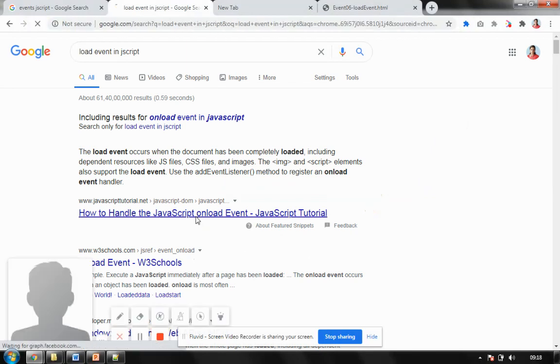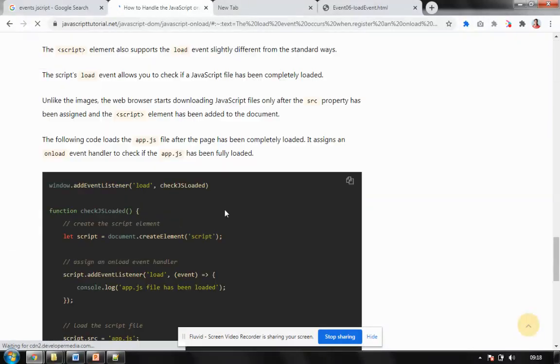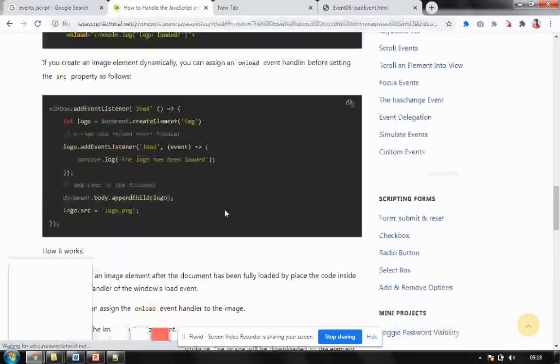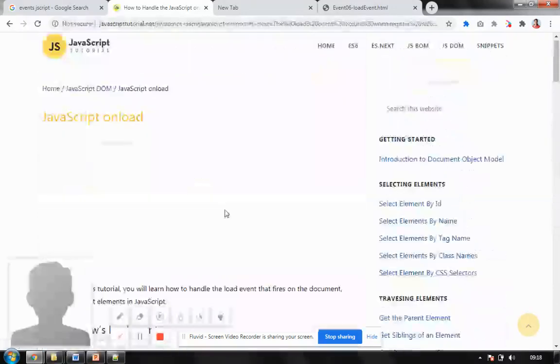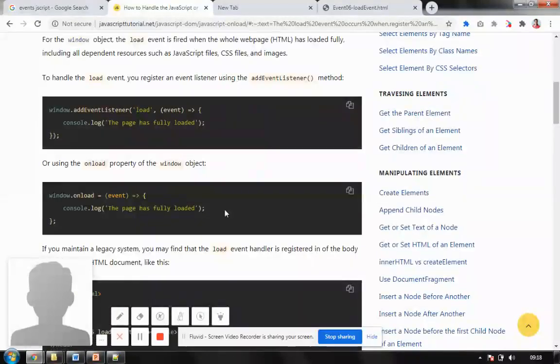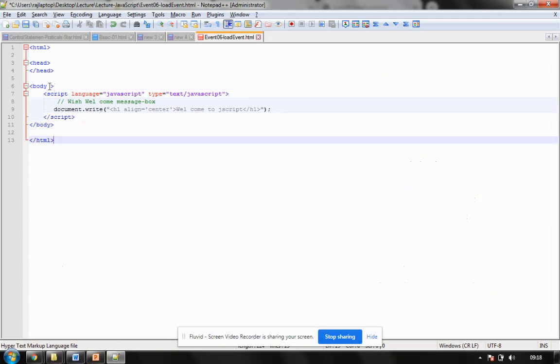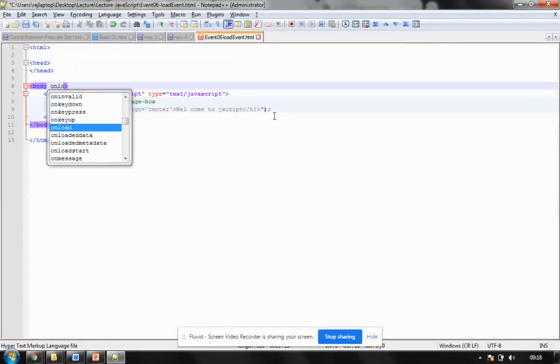It is window.load. Then the event is associated and things are done. So when it comes to window.load, that means we have to write this event on the body part as onload. So this event is written.